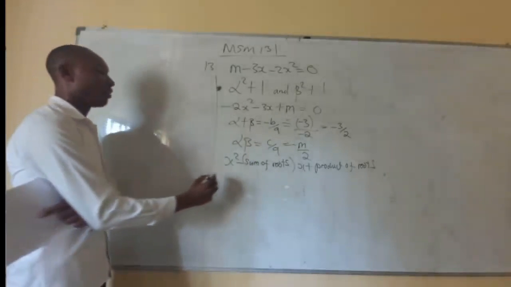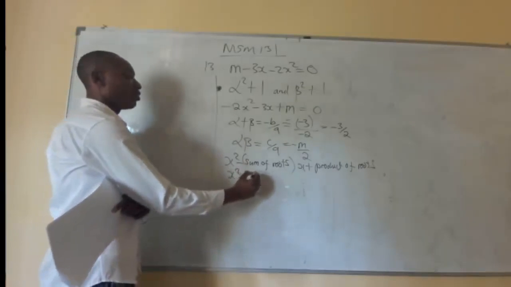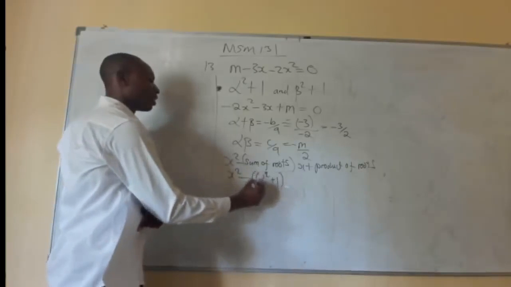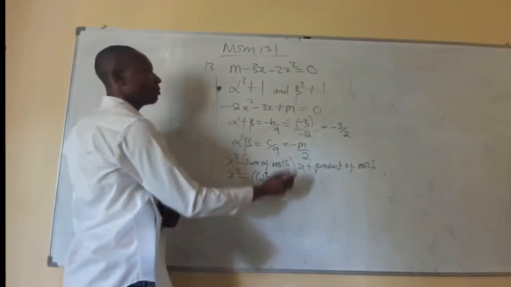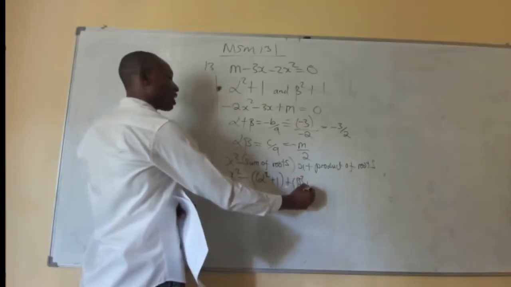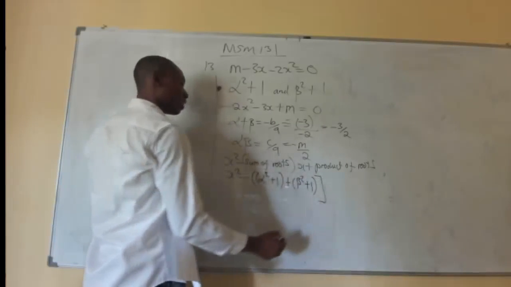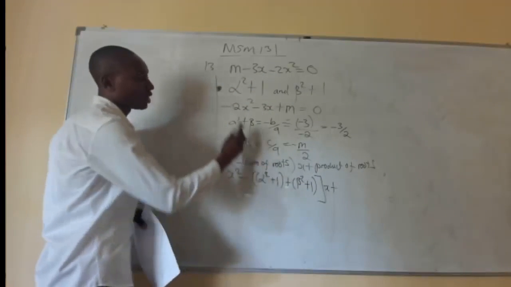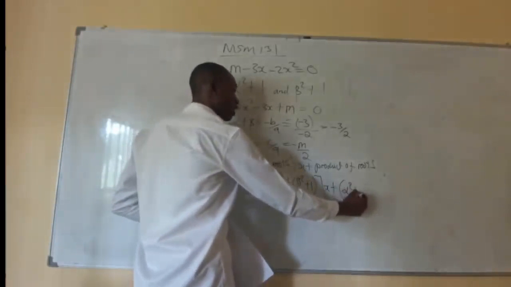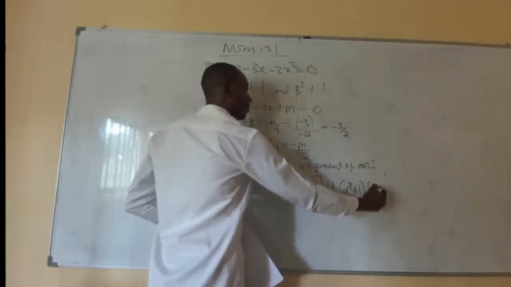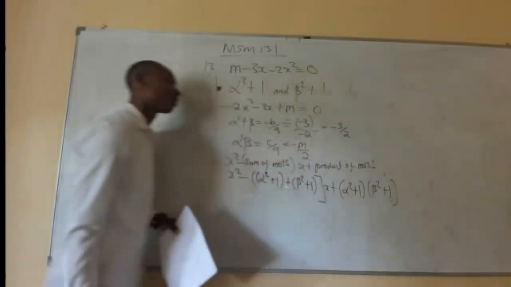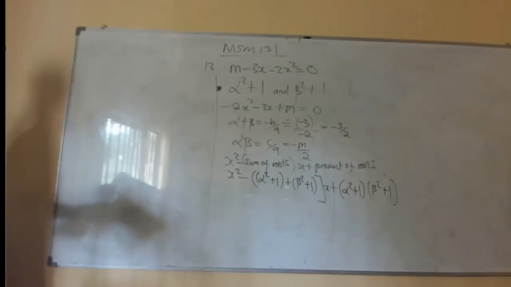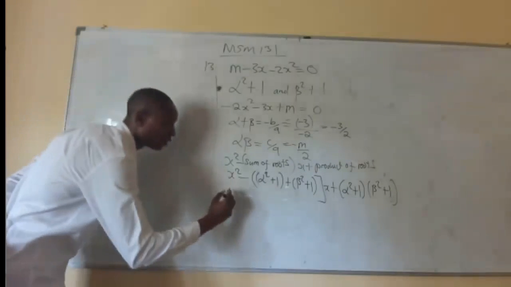So you have x squared minus the sum of the roots in question. What are the roots? Alpha squared plus 1. Then I'm going to add plus the other root, beta squared plus 1. Then plus x plus the product of the roots. Which ones? The same ones. So the roots are alpha squared plus 1 multiplied by beta squared plus 1. So that's the formula that we're going to use. From here, we're going to say